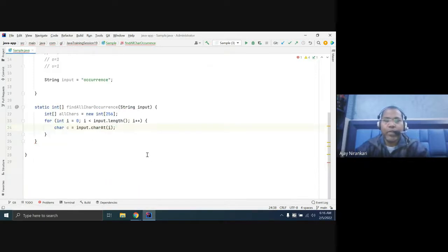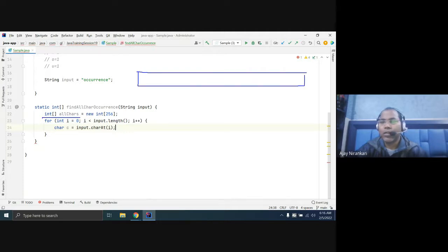So yesterday we thought through the logic. We create one array that holds all these characters. By default, whenever you create a new int array, it is initialized with all zeros.